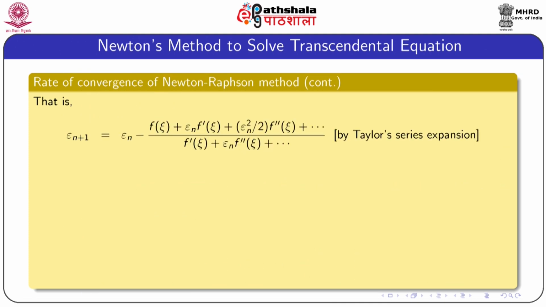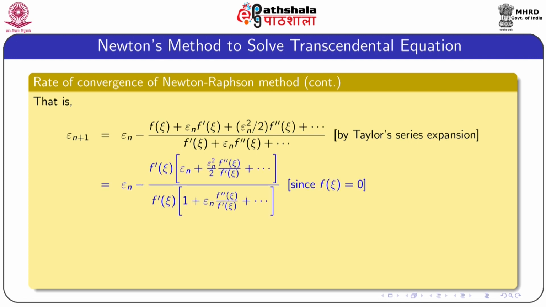Now after simplification, the last equation reduces to this form: epsilon(n+1) = epsilon n minus [f(xi) + epsilon n f'(xi) + epsilon n squared by 2 f''(xi) + ...]. This is obtained by expanding f(xi + epsilon n) by Taylor series, and similarly we obtain an infinite series by Taylor series expansion for the denominator. Since the value of f(xi) is 0, we can take f'(xi) common out of the numerator and denominator. Therefore the expression reduces to this form,